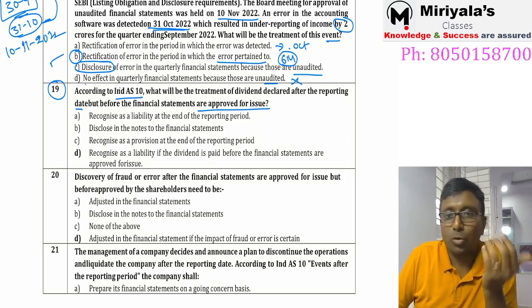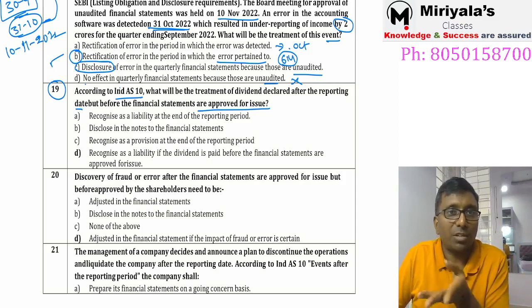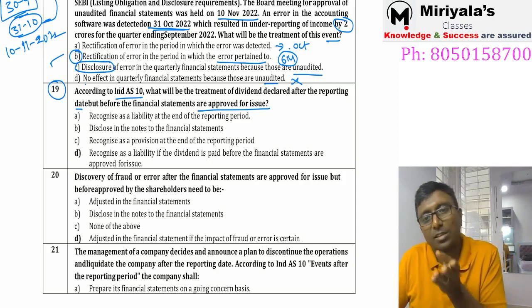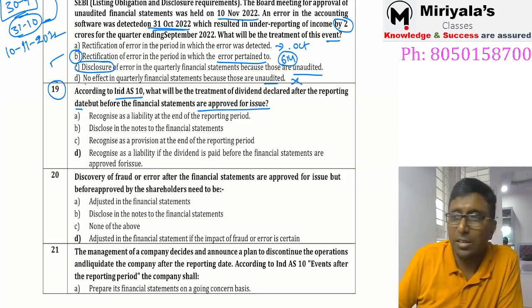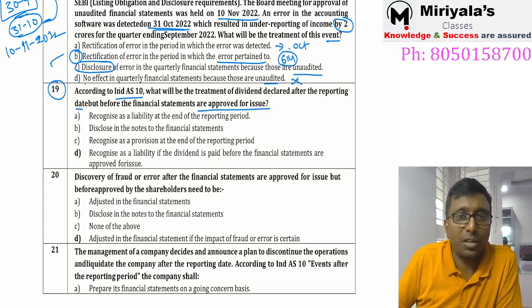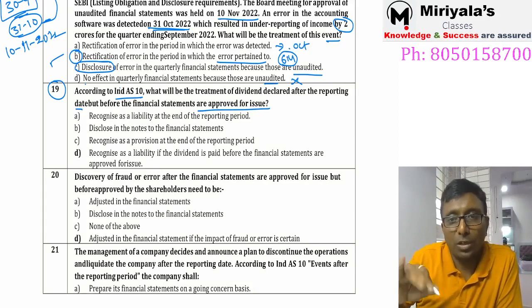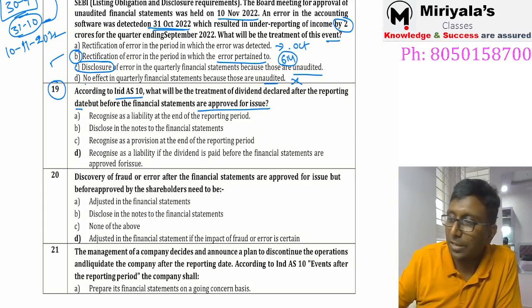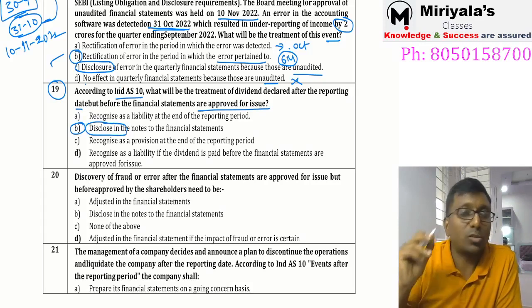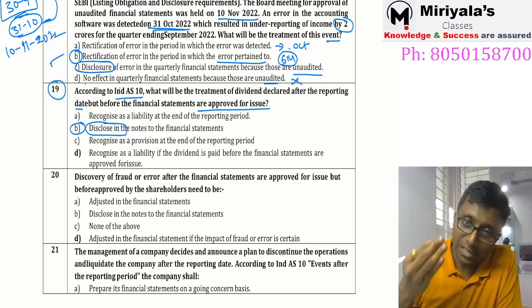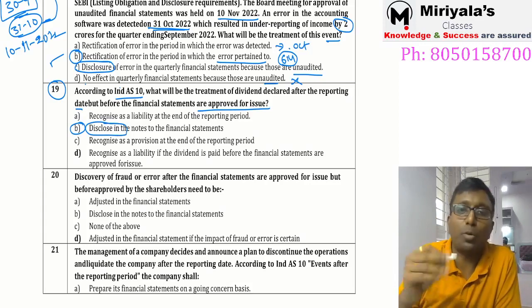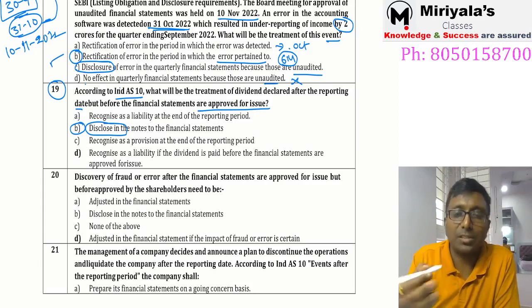I was not liable to pay the dividend because it is proposed or declared after 31st March, so it is supposed to be recognized, in the sense of a reduction from equity, only in the next financial year but not in this financial year. This is a disclosure. Yes, as per Schedule 3 also, this is a disclosure. It is a non-adjusting event, but it is important to the users. That's why this is a disclosure as per the